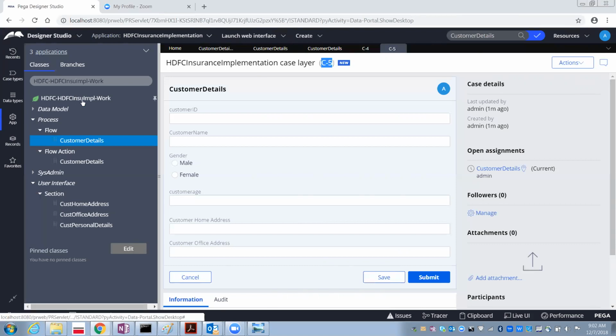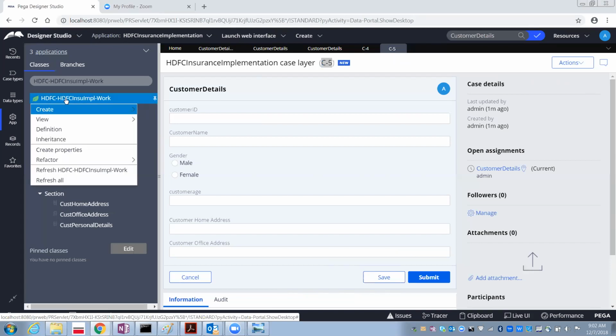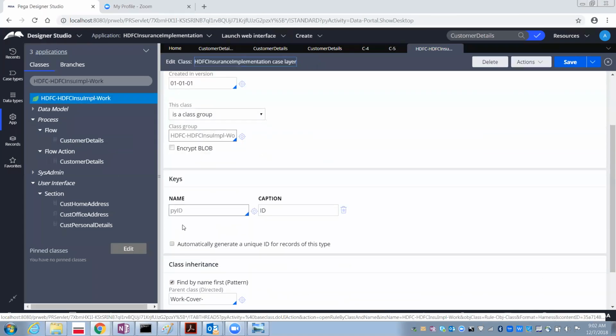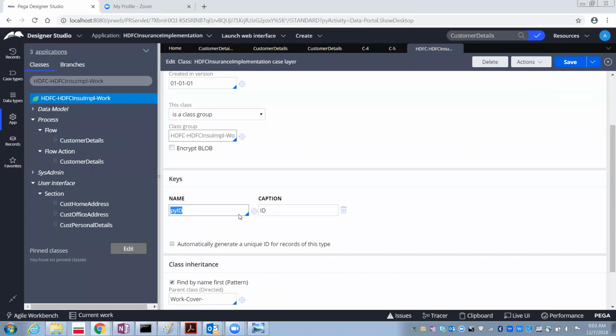Again, I'm not sure whether you remember or not. Generally, in the class properties, select the class, right mouse button, go to definition. In the definition, we have something called pyID. This is the primary key, which I already told you, for this work class.